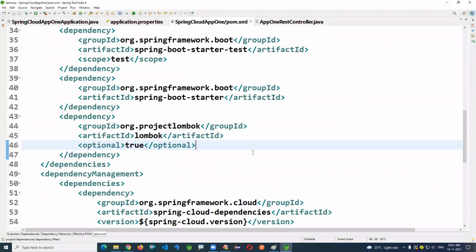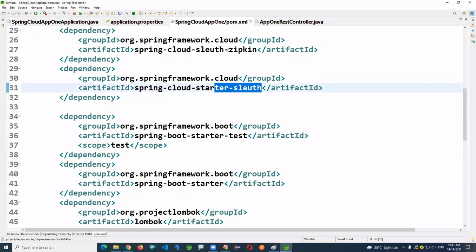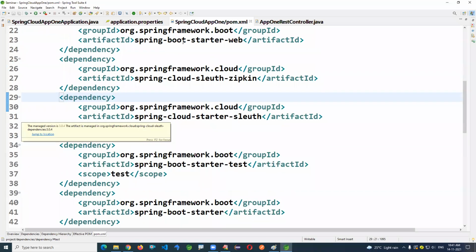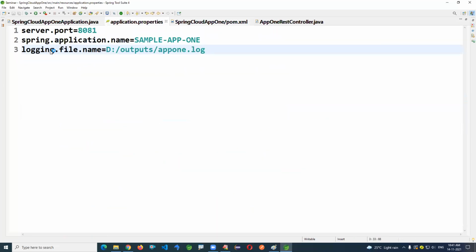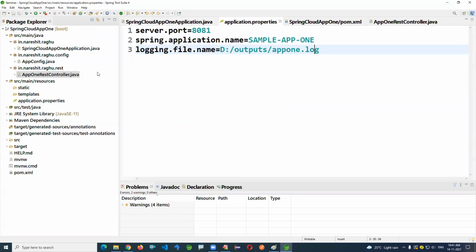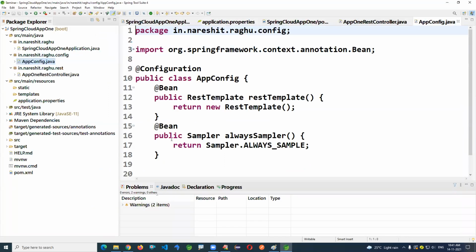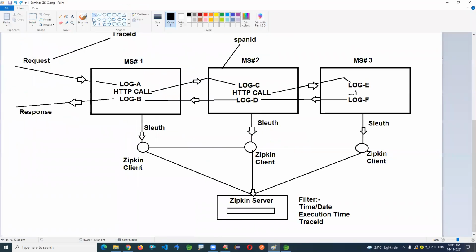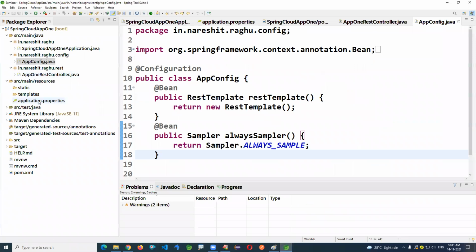We have added the Sleuth and Zipkin client dependencies. And we mentioned the log file name here too, and we created the sampler object that activates the Sleuth and Zipkin clients, which are going to generate the trace and span IDs, collect them and hand them over to the Zipkin server.